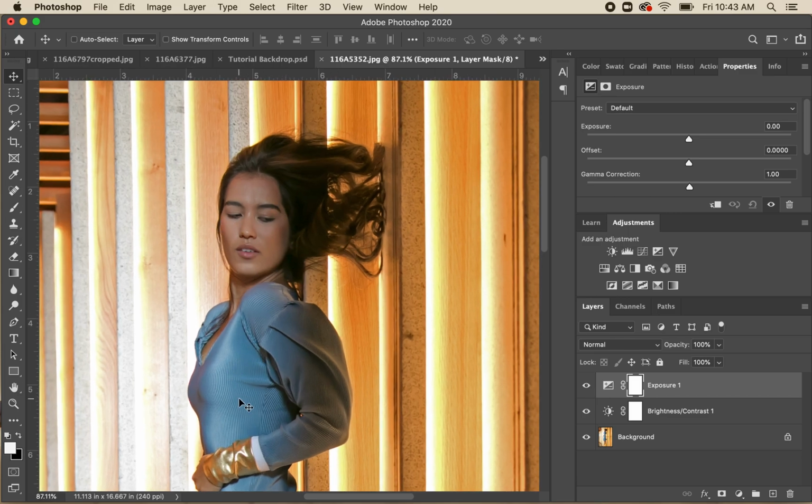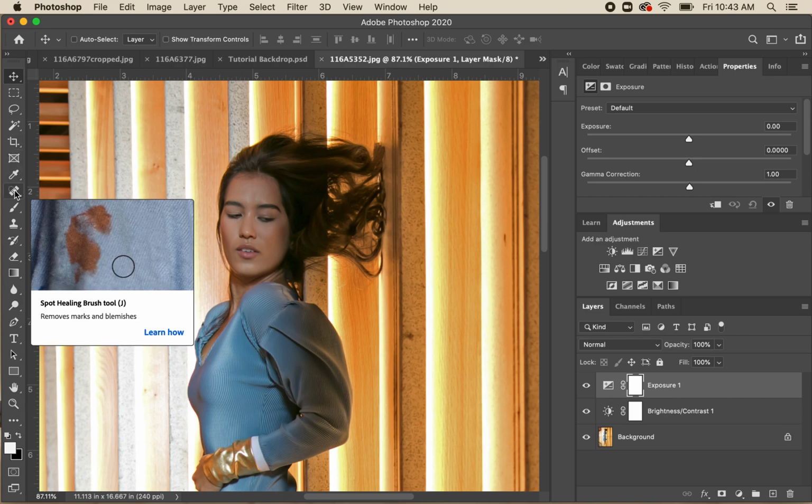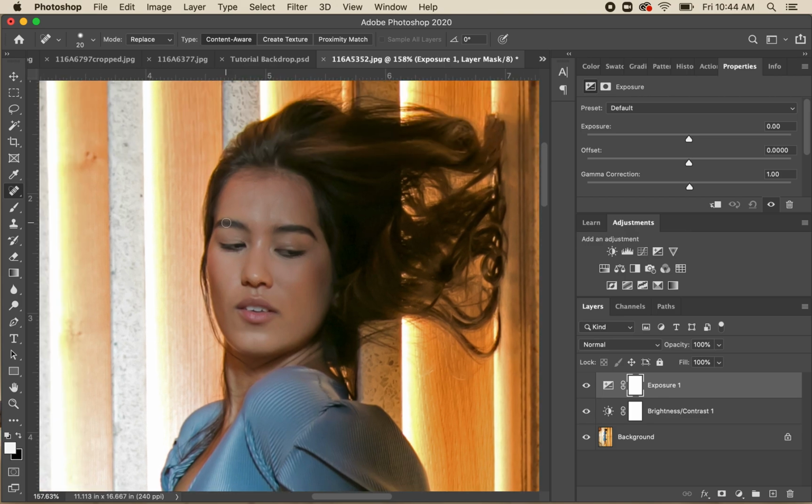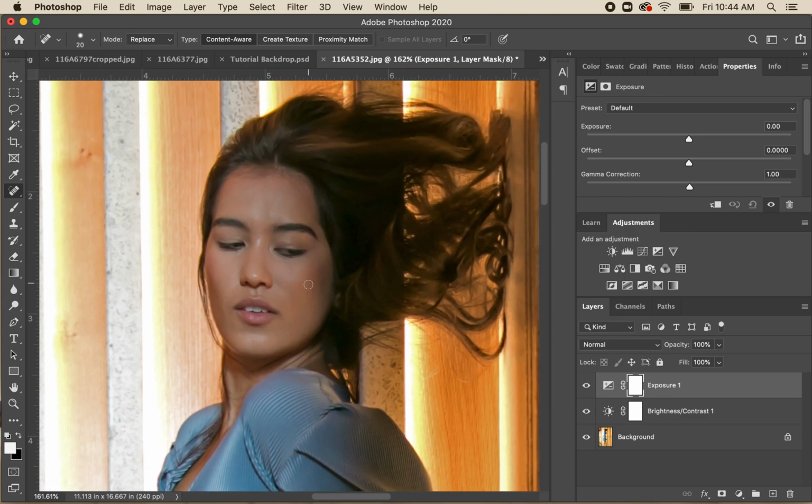Okay, and then the other thing that I would like you to mess with here is if there's anything on the face or any blemishes or anything like that, if you go to the spot healing brush tool, which is the one that looks like the Band-Aid, if you click and hold down here, you can see that there's a bunch, but it's the spot healing brush tool. And with that, the bracket keys that are below the plus and minus key, I make this a little bigger or smaller. I'm going to zoom way in on her face, and let's just pretend I don't really see anything that I would fix necessarily here, but you can just see, like if I run this thing over the top,